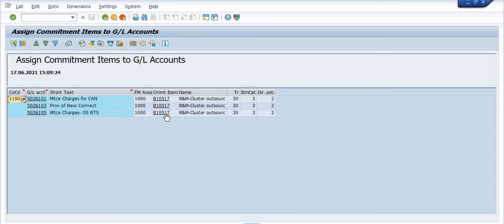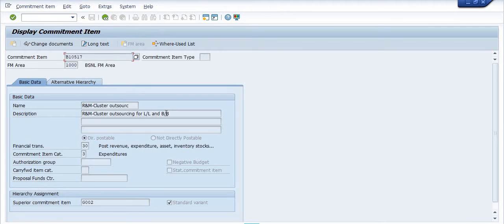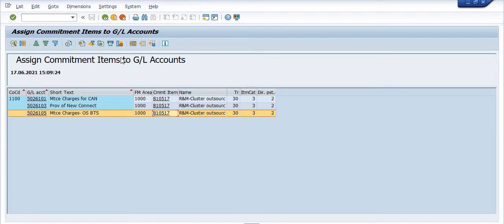Getting my points? So if you click on this, you can get the details regarding this. RNM cluster outsourcing landline and broadband. Getting my points? So this is the RNM cluster outsourcing. So you can get the details regarding the same, and